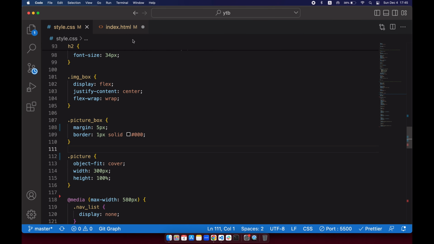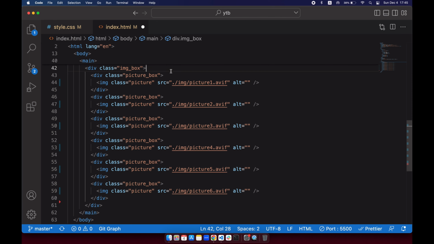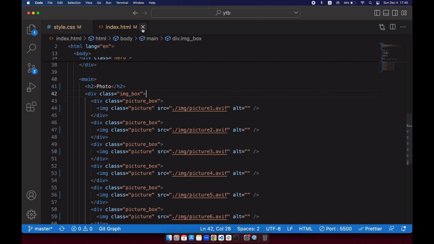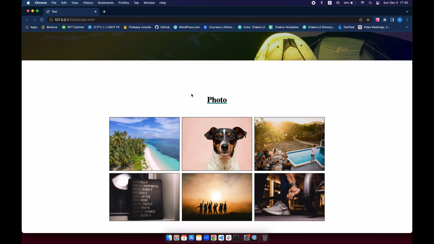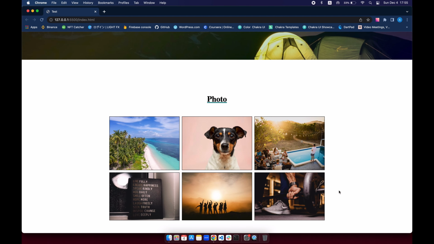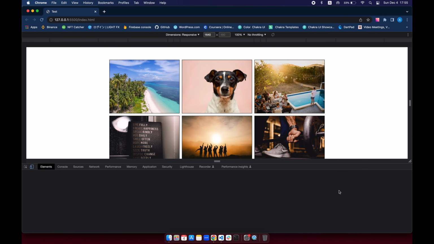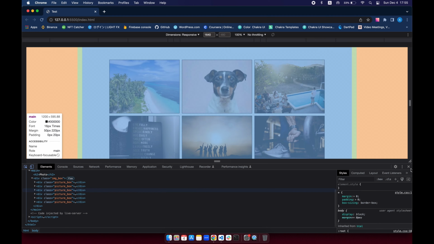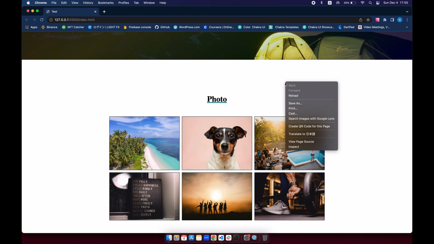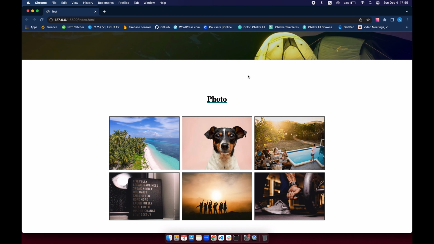Let's go back. The reason why it wasn't working is because you see this white circle that you have over here. That means that you haven't saved it. So press Command S to save it, and then if we go back, there you go. Press Command Shift C for the shortcut, or you can right click and inspect,